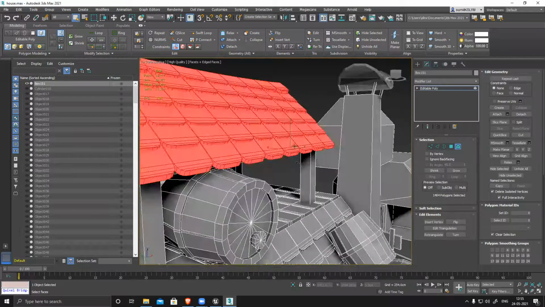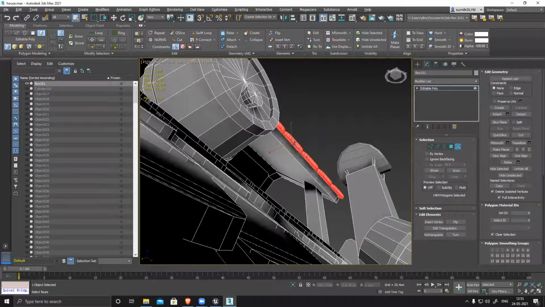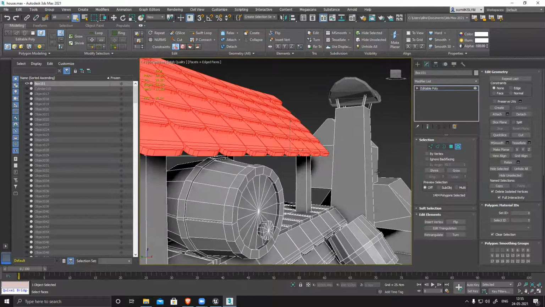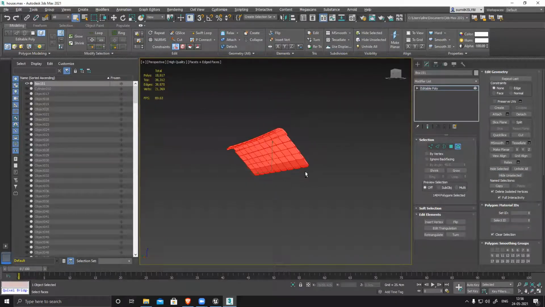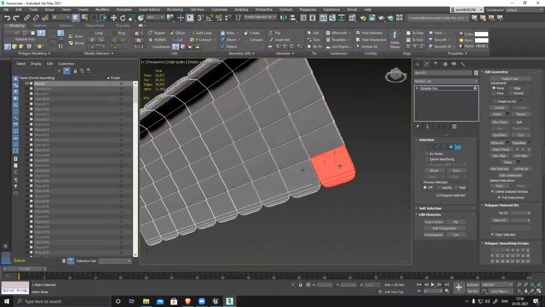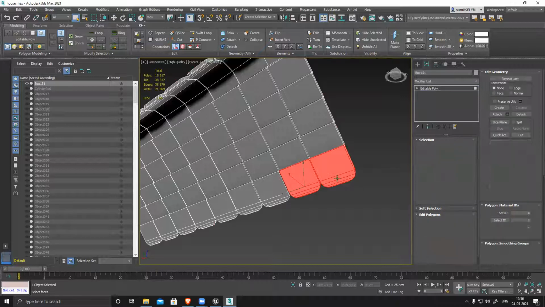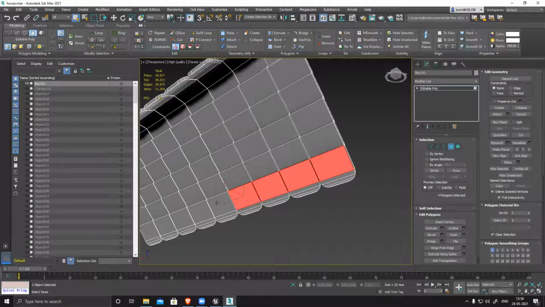So this corner here you can keep a few polygons. I want to isolate this. So how can you isolate? You can see there's an option called hide unselected. Now it will hide unselected, and now you can see everything. Now delete only this surface.